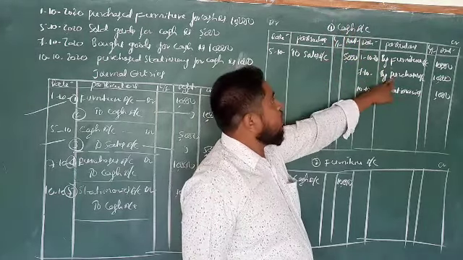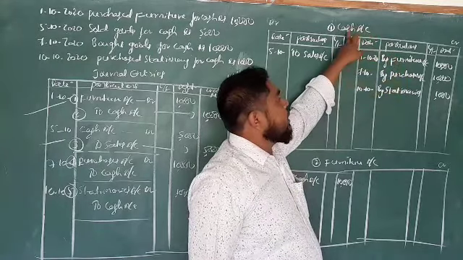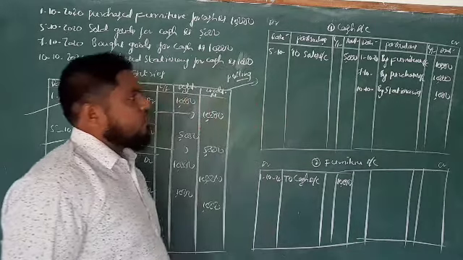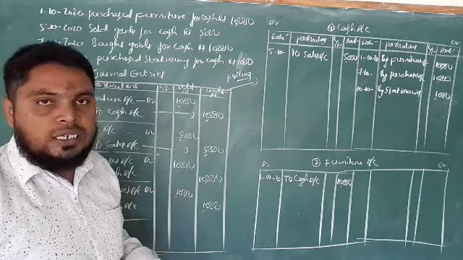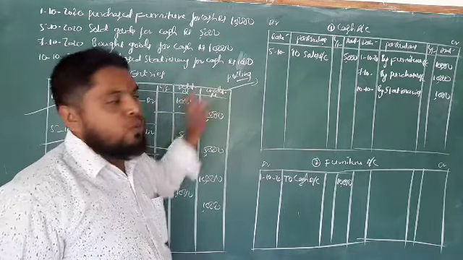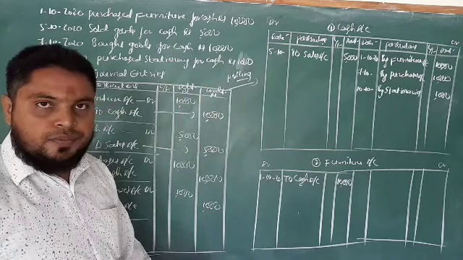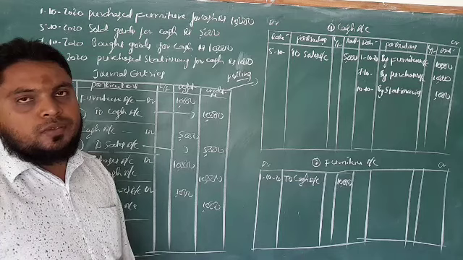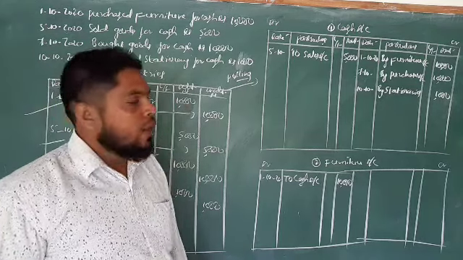In purchases account, we have to enter cash. In furniture account, we have to enter cash. That is debit side. Now, like this, we have to transfer the entries from journal to ledger. That process is called posting. Now, after passing the entries, we have to balance the accounts here. So, balancing the account also is a very important concept.